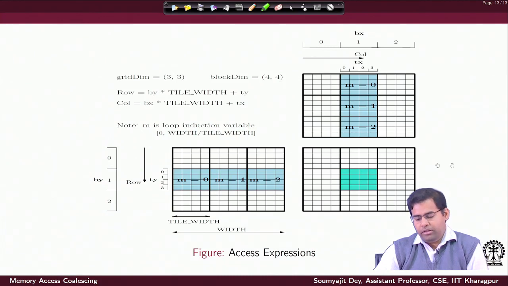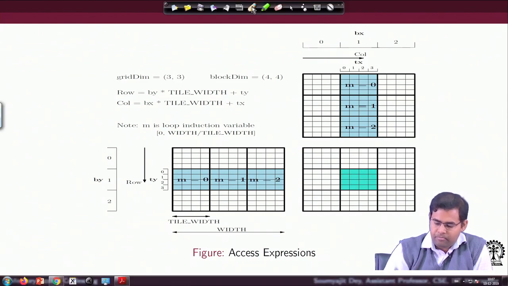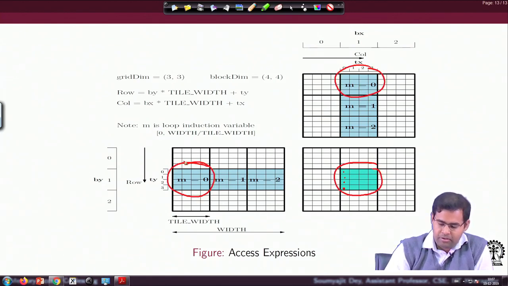To make things much clearer, for doing the computation of this tile, threads for these locations are making progress in parallel. First, all the threads together brought in stuff from these two tiles, and then they made progress.